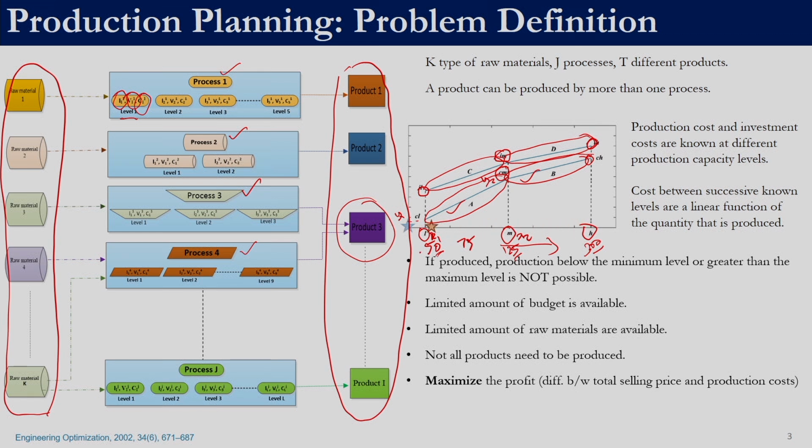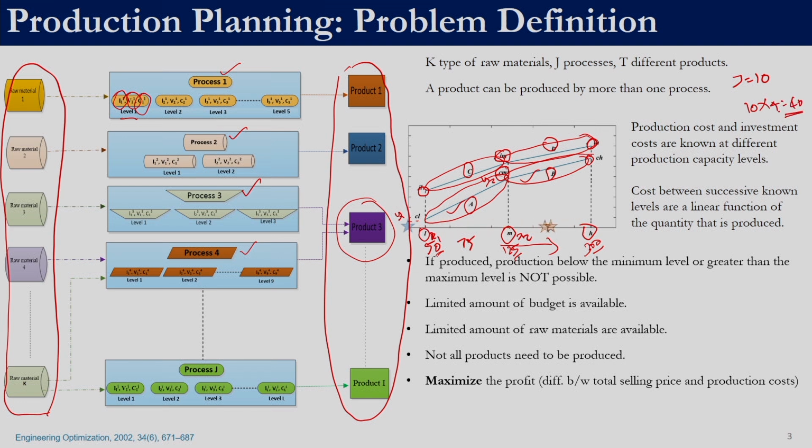Here, if we see, we have 3 levels, L, M and H, and J processes. We have shown that each process can have a different number of levels. To simplify, let us say the number of processes that we have is 10 and for each process we know the production and investment cost at 3 levels L, M, H. For every process, we will have 4 lines: line A, line B, line C and line D. If we have 10 processes, we are going to have 10 into 4, that is 40 such lines.